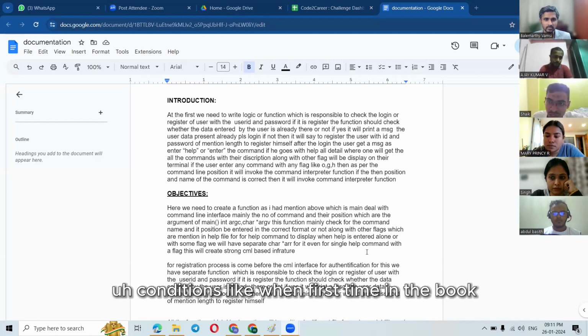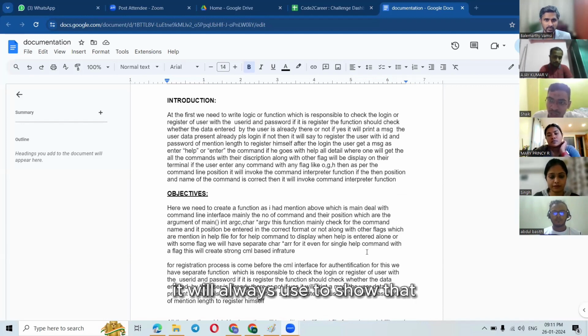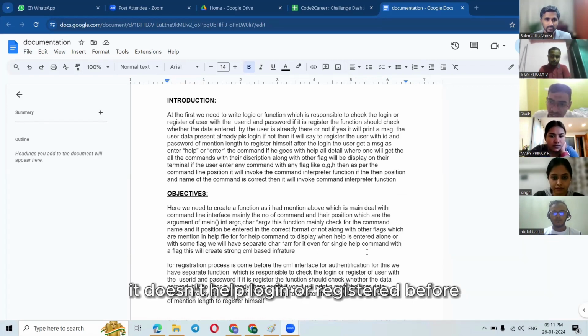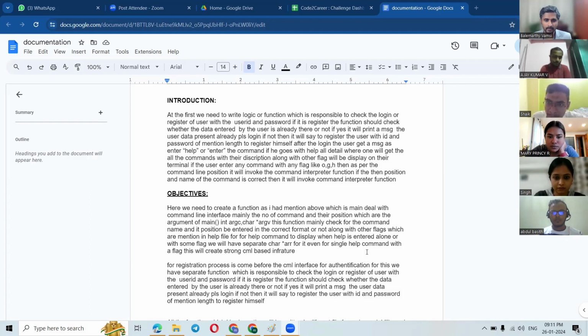First I will put it in some kind of loop, so that it will always show: enter help, login or register. If it is a new user, it will tell to register.